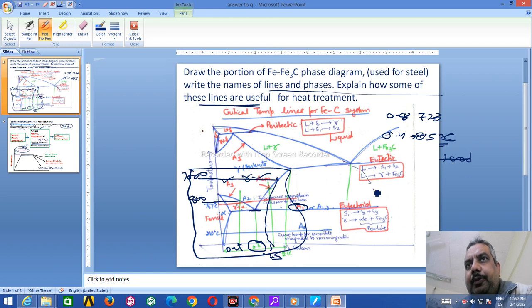But with this higher carbon, the problem is that when we cool it,